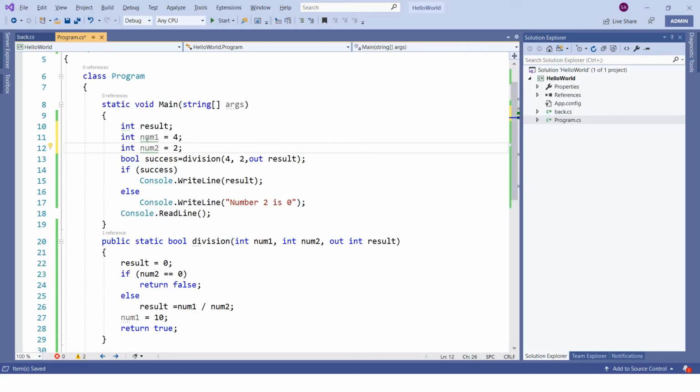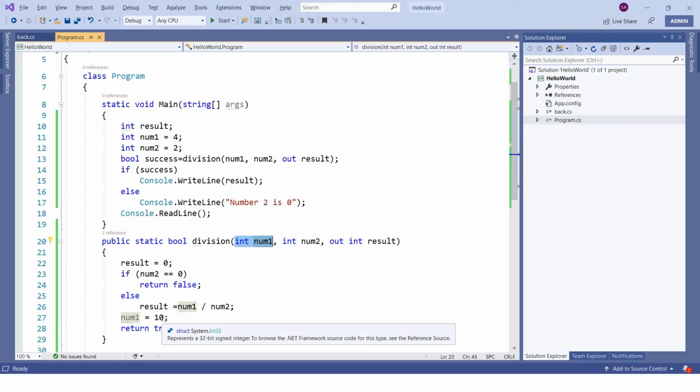So instead of directly passing the value, I'm using a variable here. I wanted to differentiate: if we pass the value as a normal parameter and modify that value, the value of that variable will still not change.